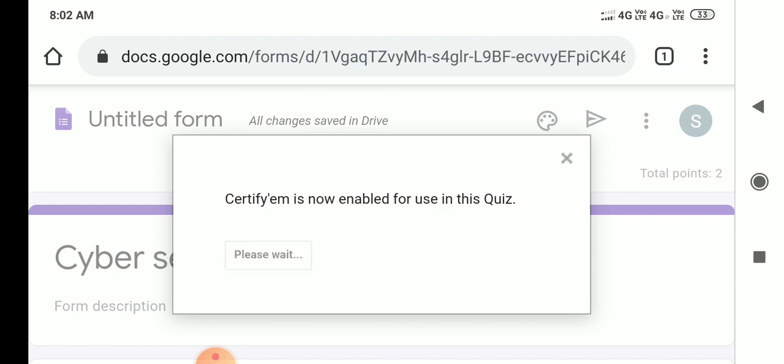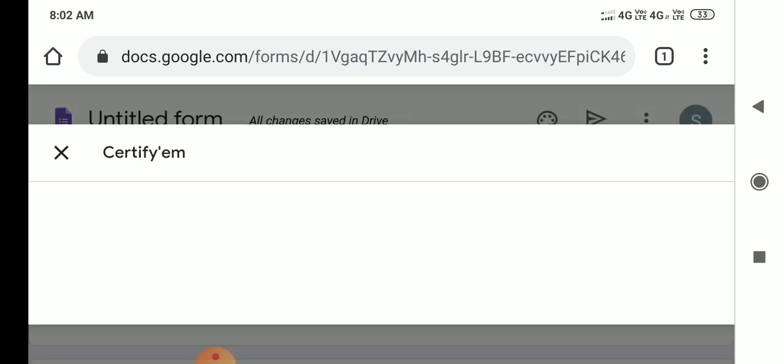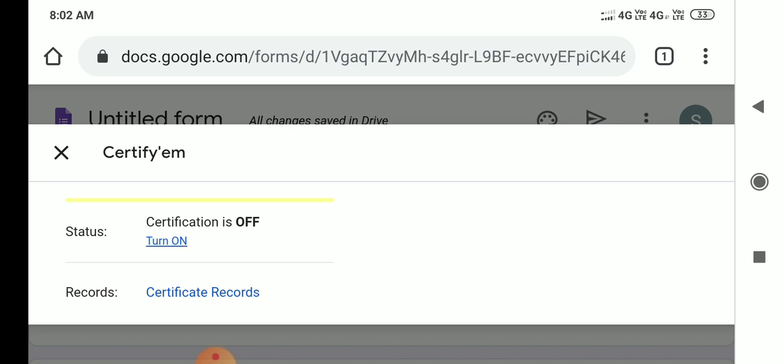Get started. The dialog box will open. Turn on your certification status. Click here. Turn on.